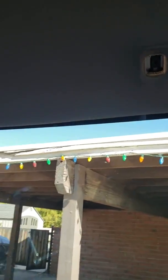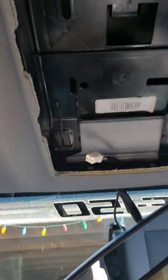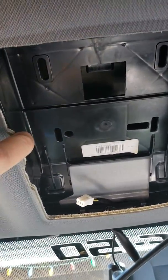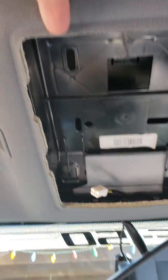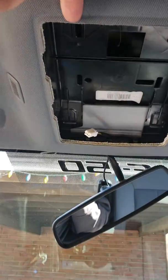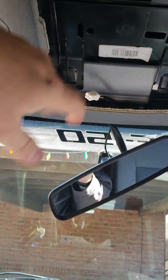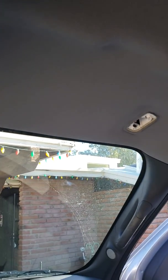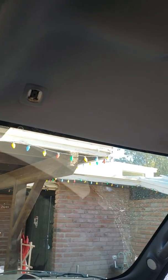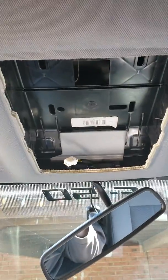You're going to have to remove the sun visors on both sides, and then you're going to have to remove the overhead console. Use a pry bar over on this lip right here and basically just pull hard. It just snaps right in and snaps out. I removed both of them, both sun visors, because I was stupid, but that's all you have to do to